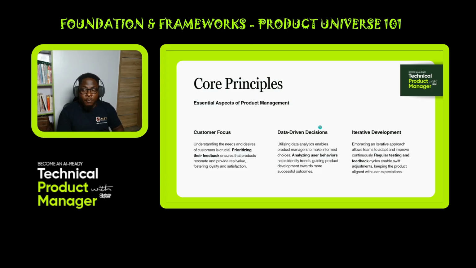And then the final part of our core principle is iterative development. We don't wait till we are done with everything. We release as soon as something is ready, and then we test as we go. We don't wait till everything is done and then test everything. If you are building a human being, right? If your hand is ready, you test your hand. If your leg is ready, you test your leg. You don't wait till the entire body is ready.